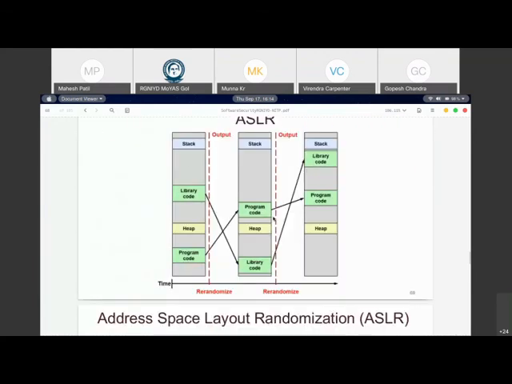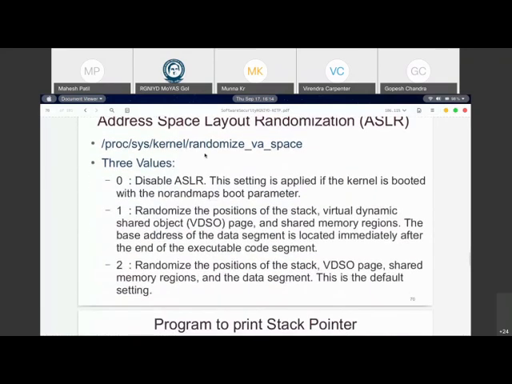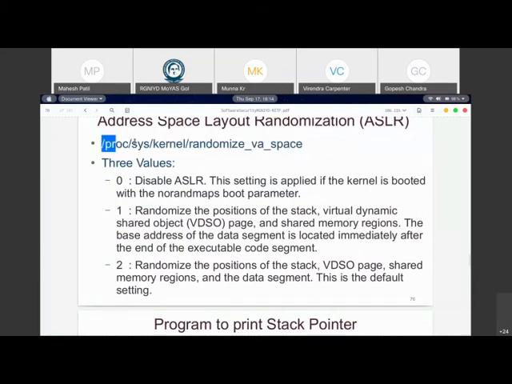If you look at ASLR, every time you execute the program, with respect to time, you see that all the segments are located at different locations in the RAM. It becomes very difficult for people to guess where exactly it is. Now, how do you do that in Linux? In Linux, there is a kernel variable called randomize_va_space, which is inside this directory path.